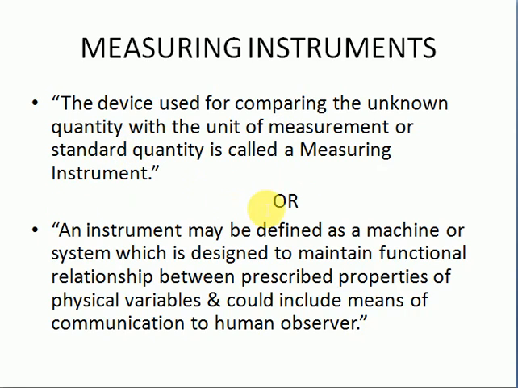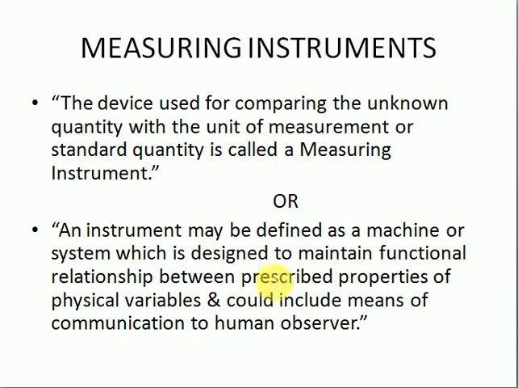Okay, a measuring instrument compares the unknown quantity with the standard quantity. Suppose my standard current is 5 ampere, then the unknown quantity is compared and the instrument gives us the reading. Right. And further, an instrument may be defined as a machine or the system